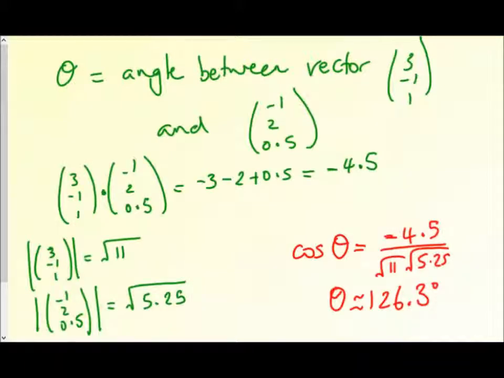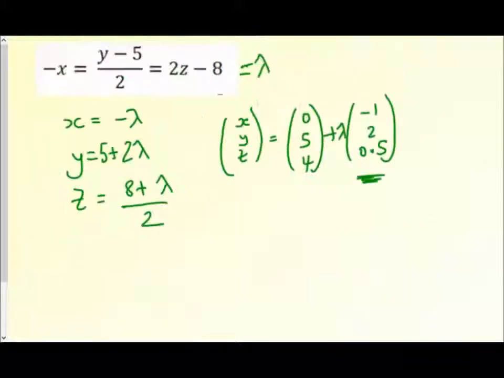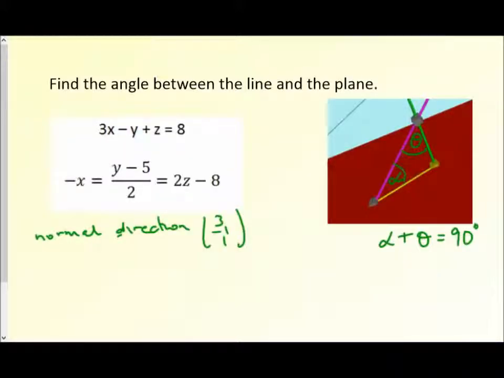Okay, so here we are back again. I'm getting an angle there of 126.3 degrees for the angle between the normal and the straight line. That's an interesting answer because that's giving me the obtuse angle here. Now,